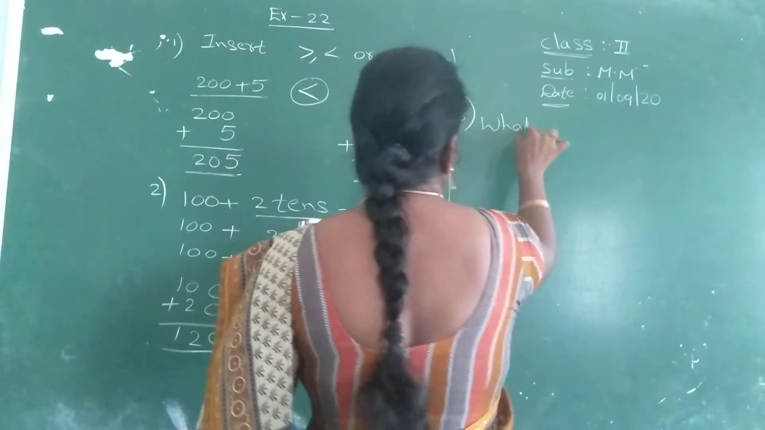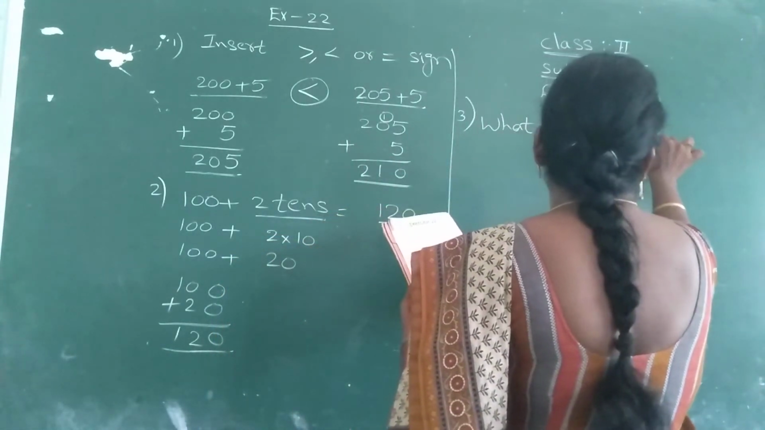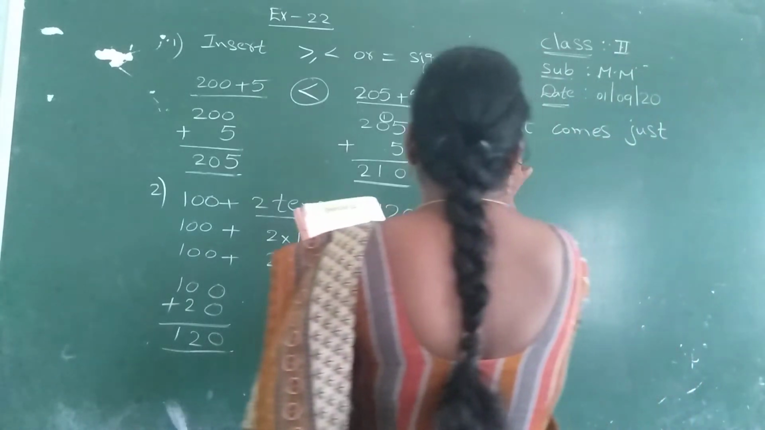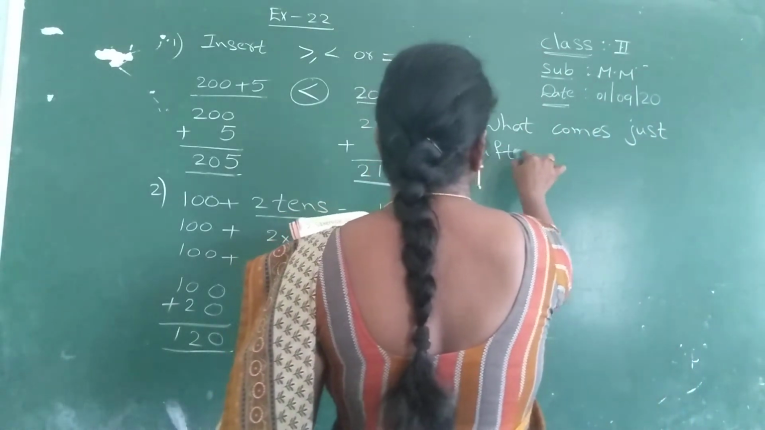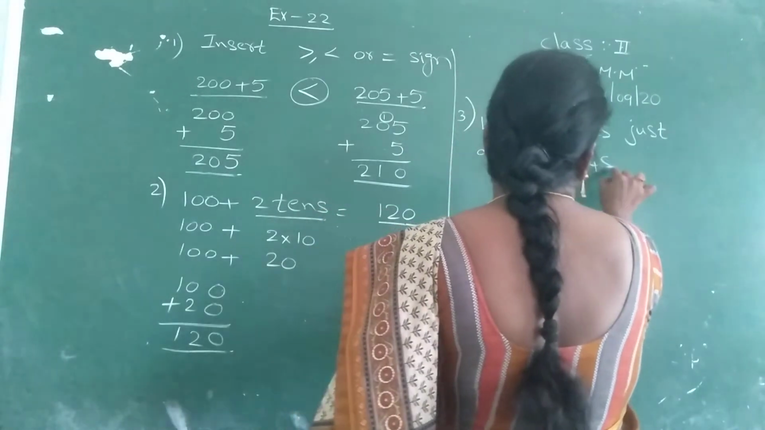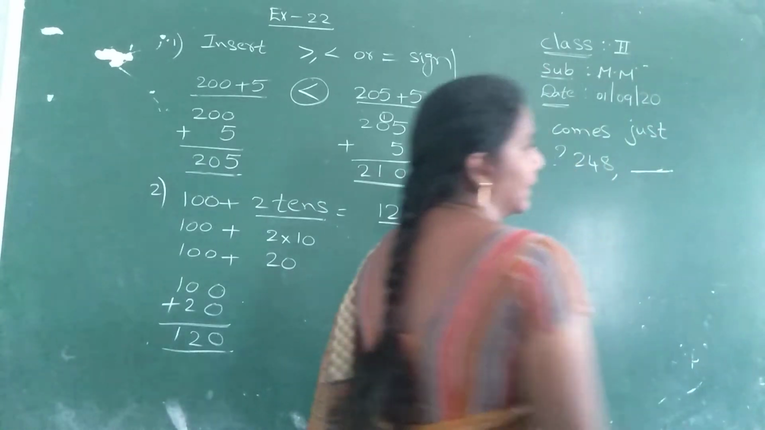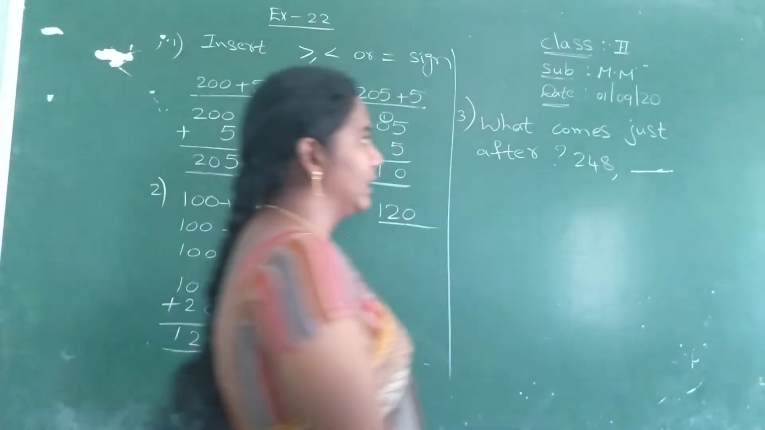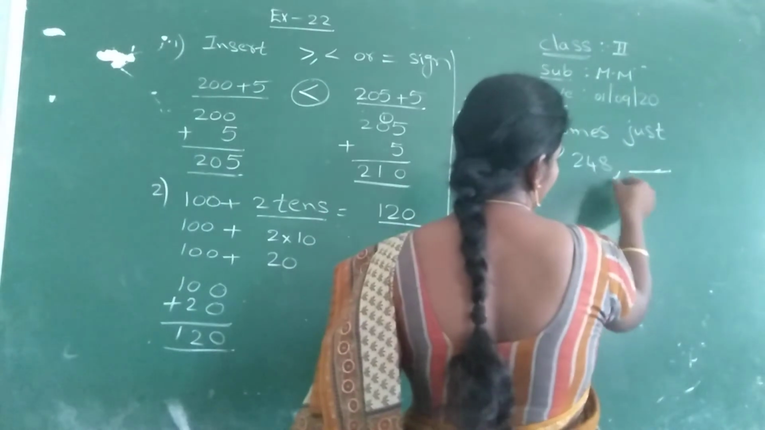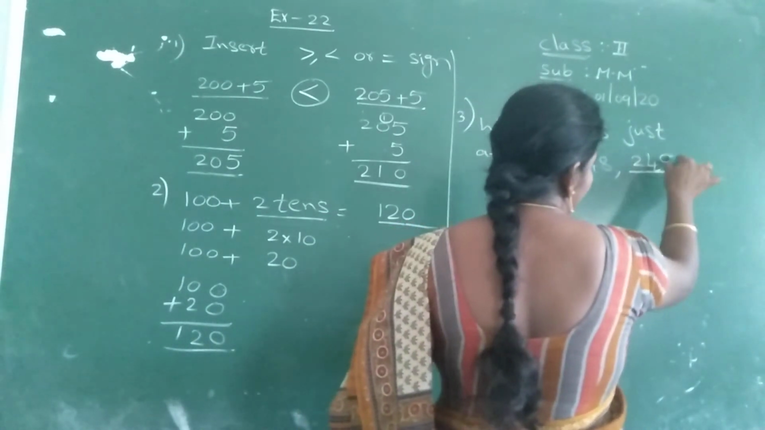What comes just after 248? They are asking the after number, Nana. You know very well here the hundreds place is 2, Nana. So start with 2 and 48, the after number is 49. So which number